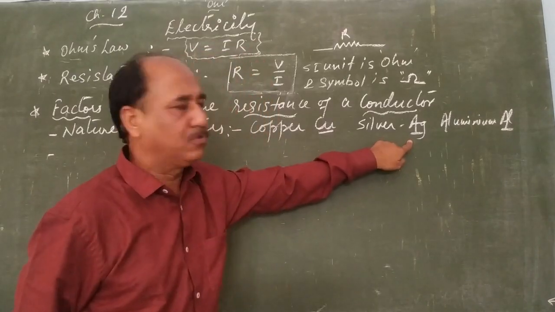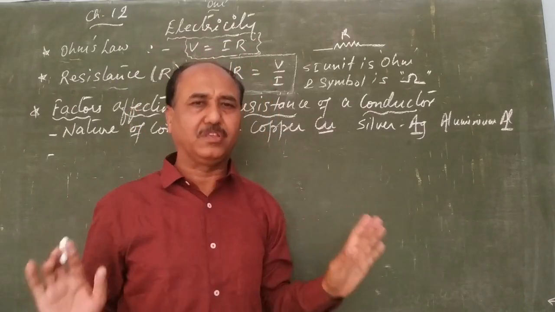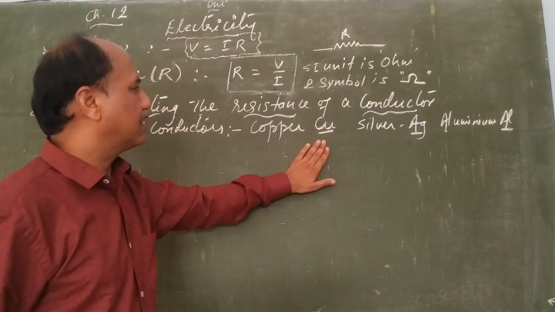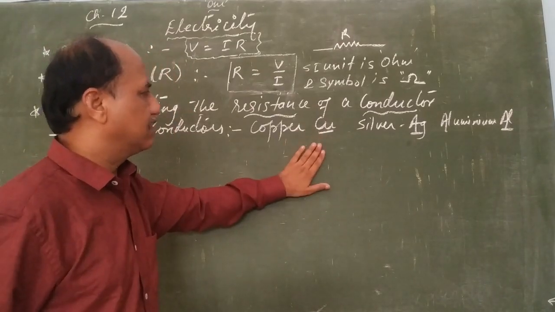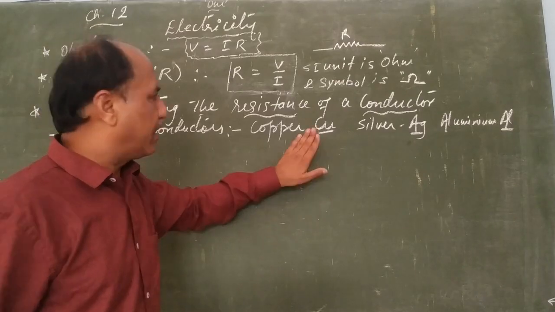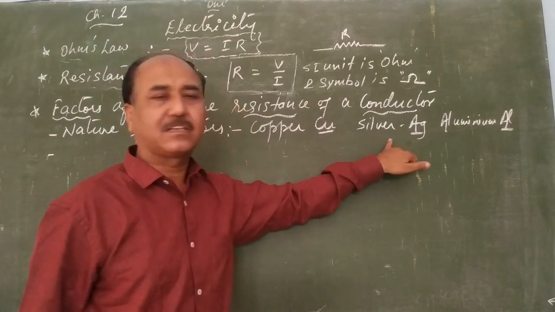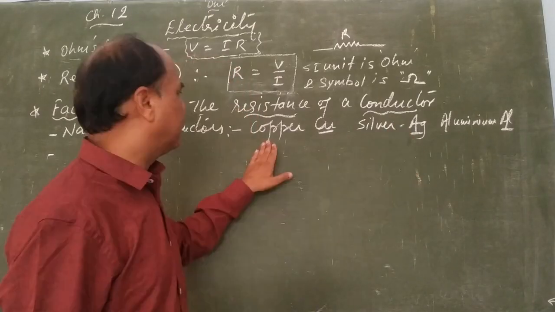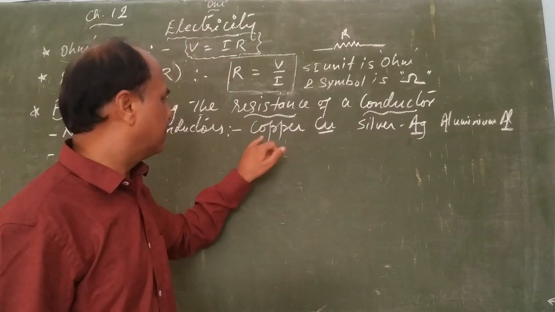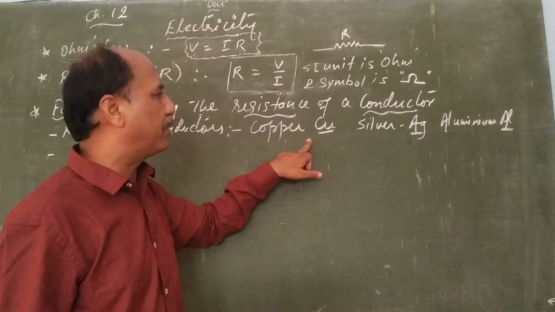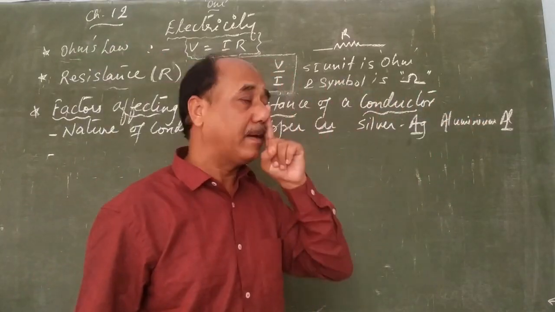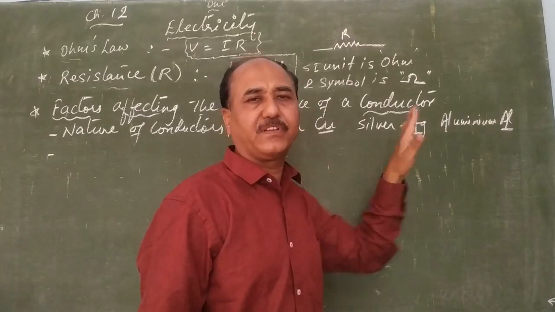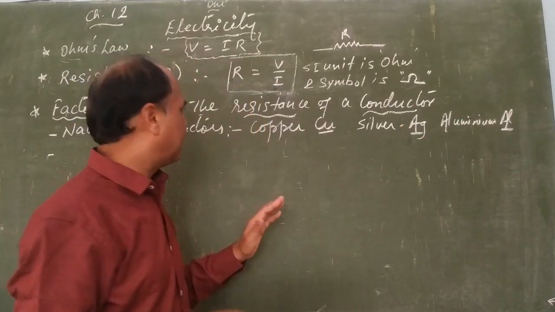Means the flow of the current across the silver is very smooth, even. Then it is followed by the copper. Copper is also another conductor which allows the flow of current, but it is not as smooth as silver. Or we can say there is a frequent flow of current through the silver, a little less frequent flow through the copper, and finally aluminium has the least flow of current. This is the difference in their nature.